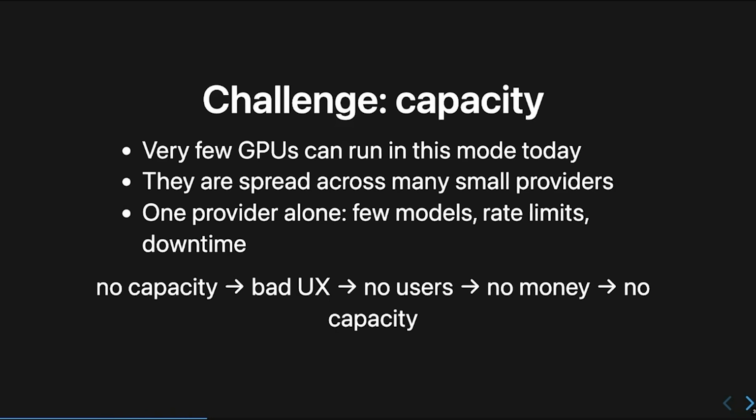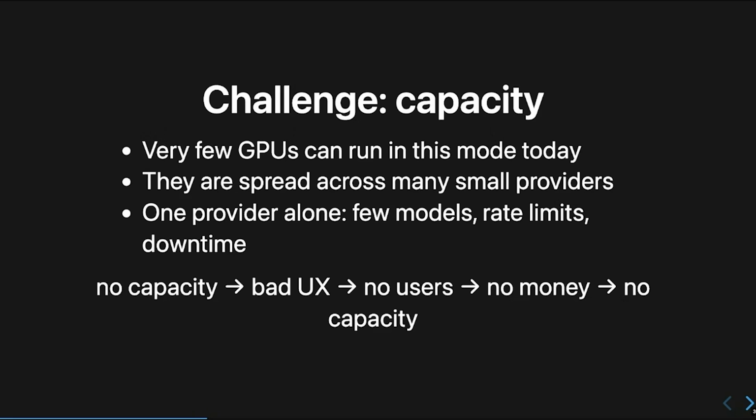People will say, oh, probably that's because of the TEE, the confidential computing, which gives very bad performance. But this is not true. It's just because there's not many confidential computing providers backing the LLM API. And as a result, we probably lose users. And if we lose users, we get no revenue, and then there's no capacity.